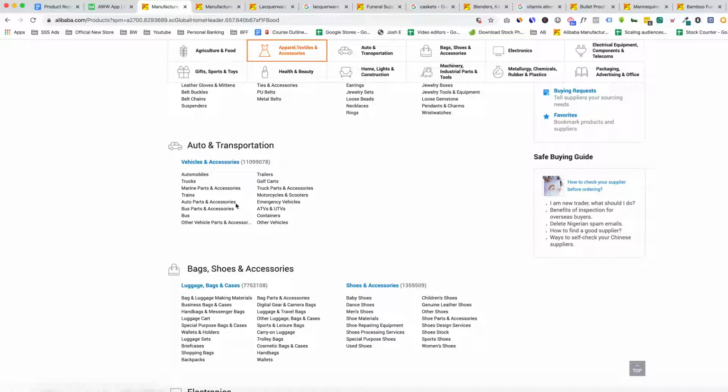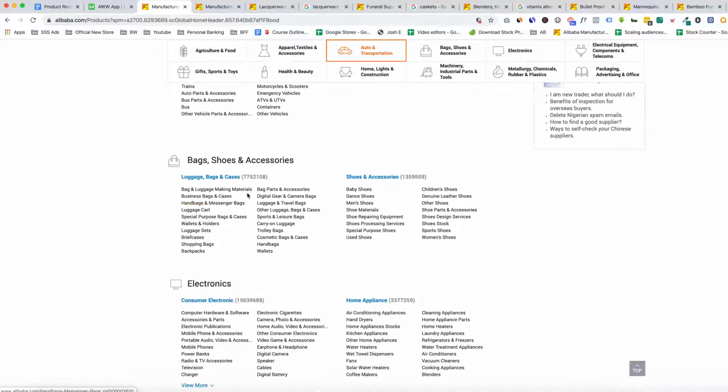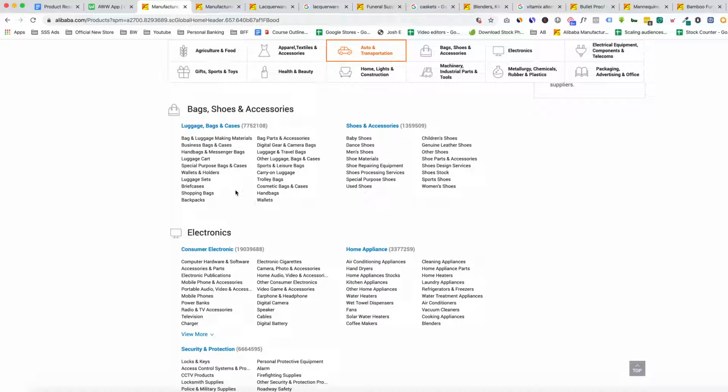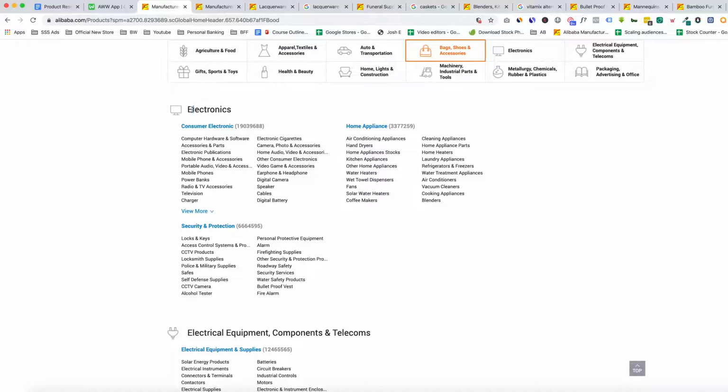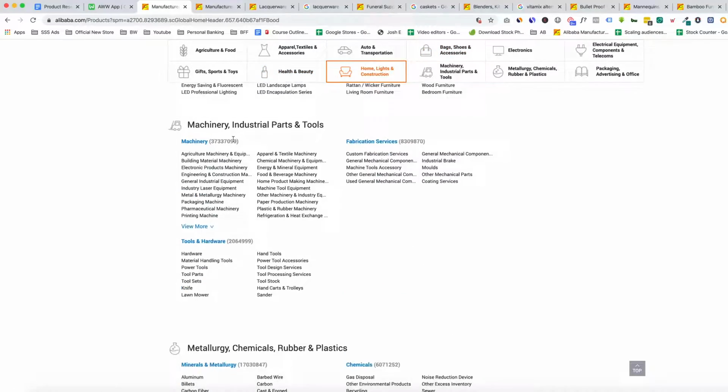I'm not a big car guy. I don't really know much about cars, but I like nice looking cars, but I have no idea what's inside of them. So if you know anything about that, I would actually say this is not a bad idea to go into. So of course you have all these accessories and everything, like that's great. Especially handbags, I really like these. Honestly, I would really go into any of them. Just let me show you a couple of them that I picked right after. But one of them that I really wanted to highlight down here